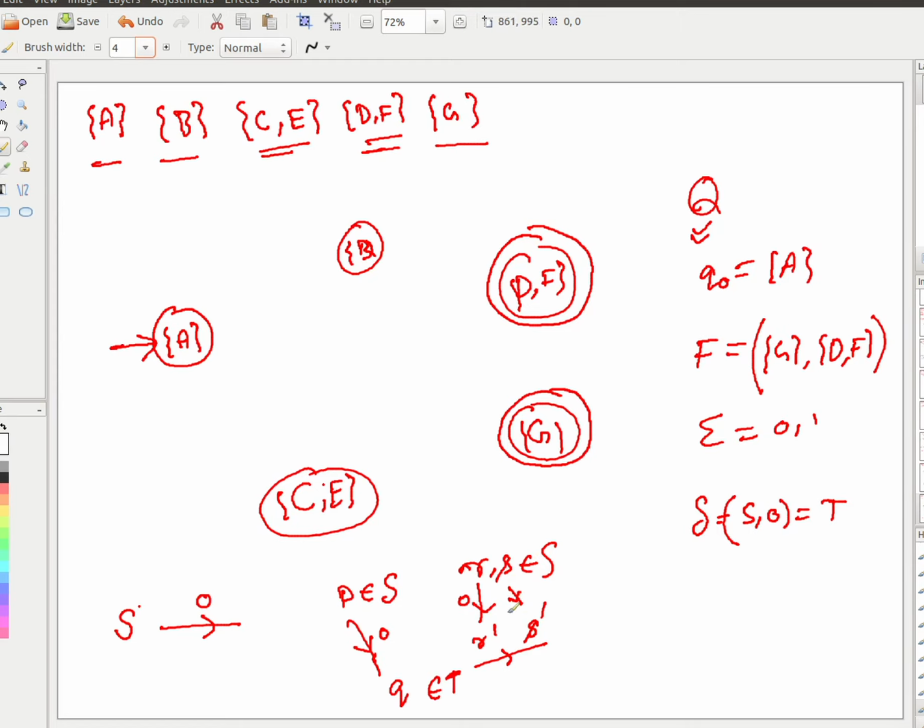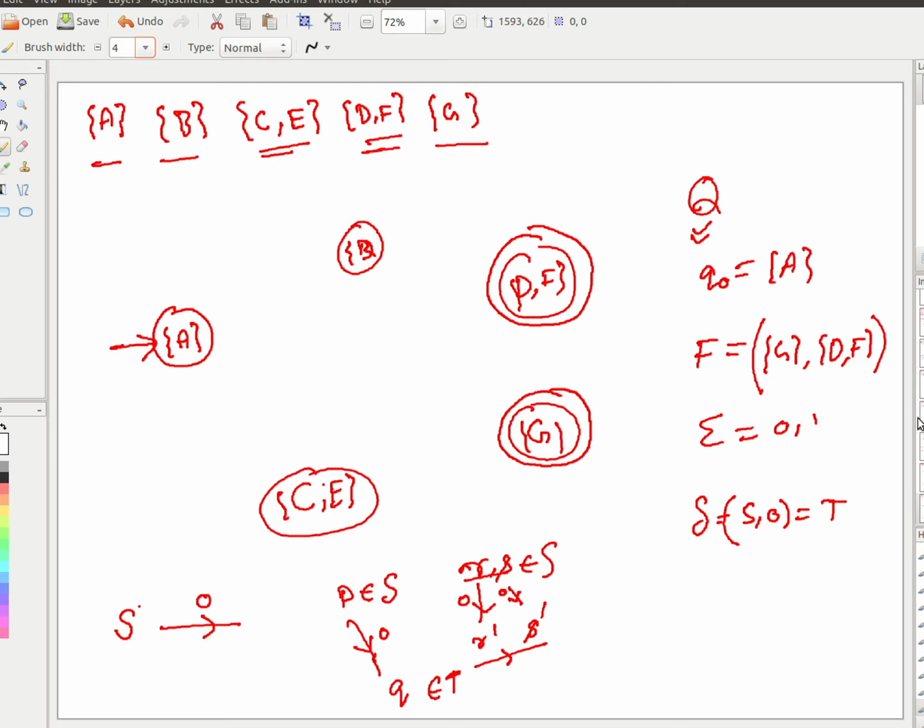Why? Because if, for a given symbol, it goes to two different blocks, what does it mean? Every block's states are pairwise distinguishable from each other, right? That's why they are kept apart. There are no two blocks sharing any state, or they would be equivalent to each other. So if it goes to R dash, S dash, which are distinguishable within themselves, then R and S also become distinguishable. But you said that R and S are equivalent, therefore it can never happen. So whenever you pick any element, you will go to exactly the same block.